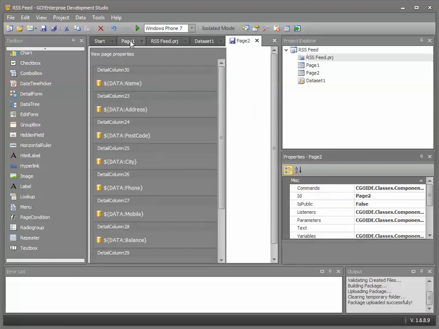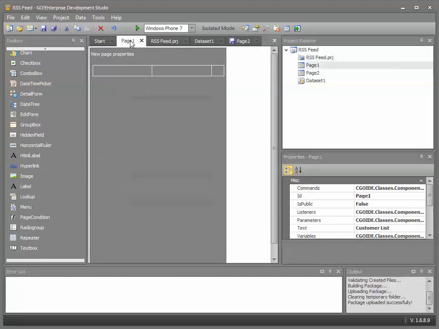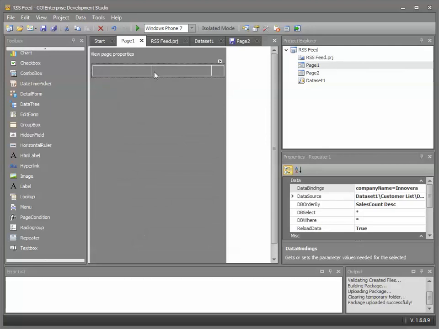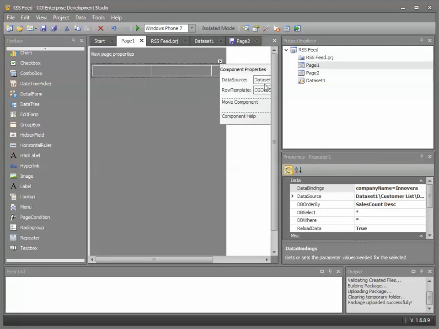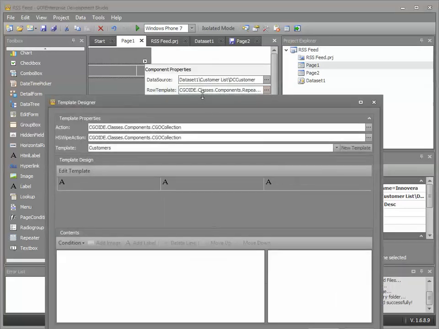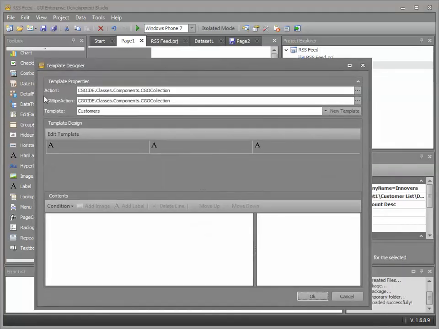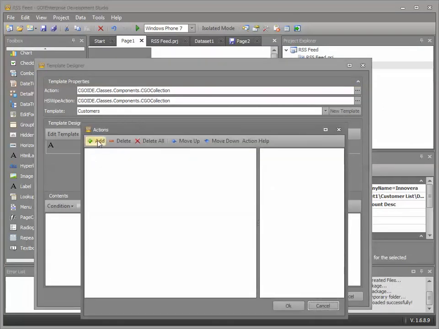I now need to find a way to navigate to this page, so go back onto the first page. From the list that we were looking at earlier, I need to set up an action to be triggered in response to a touch on the screen. To do this, I go into the template designer, I select action, add,